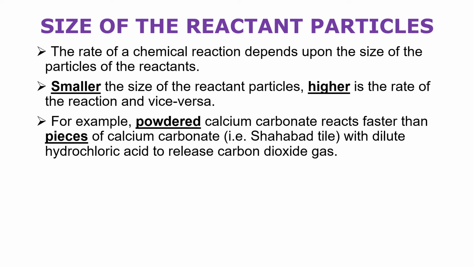If you see the first test tube, the reaction will take place faster because powdered calcium carbonate will react very fast with dilute HCl. Why? Because the powdered calcium carbonate has a small size. It is fine, finely ground, no, powdered. In the second test tube, where you took big pieces of calcium carbonate and HCl, the reaction will take place very slowly. That means carbon dioxide gas bubbles will come out very slowly. In the first one, it will come out very quickly. I hope this is clear. So let's move on to the next one.